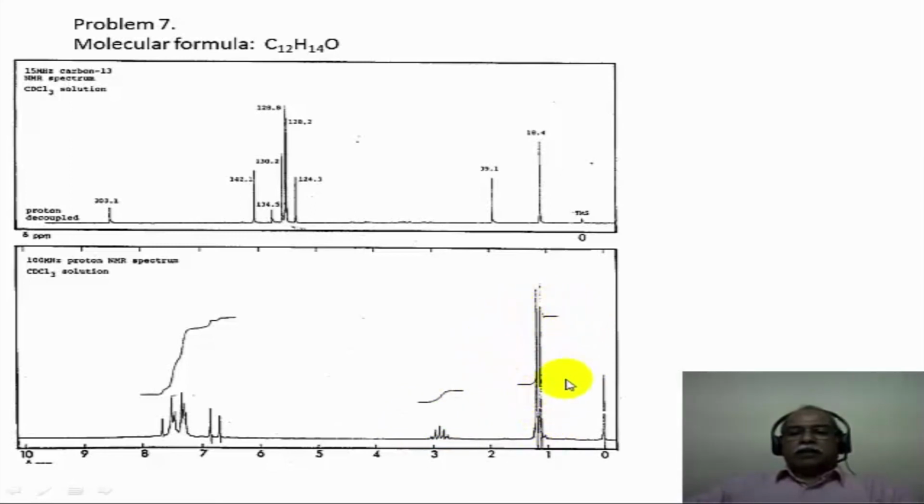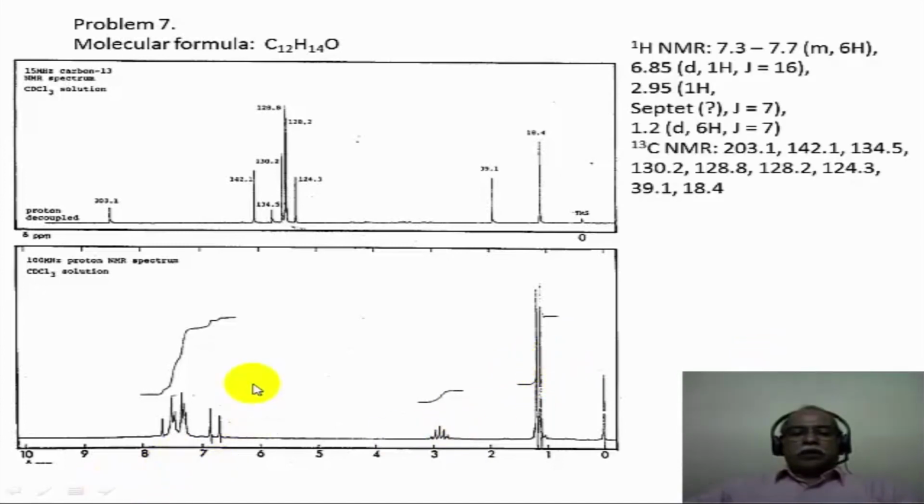A doublet of 6 hydrogen intensity can only be an isopropyl group. So if this is an isopropyl group, this would have actually been a 7-line pattern. Unfortunately, the first line and the last line, which are very low intensity lines, are not seen in the spectrum. That is why the spectrum looks like a quintet. So one can easily misunderstand the spectrum by considering this to be a quintet, but that will not match with the integration of 1 hydrogen and 6 hydrogens. The 6 hydrogens will split this into a 7-line pattern, and this 1 hydrogen will split the dimethyl group into a doublet, which is a 2-line pattern here.